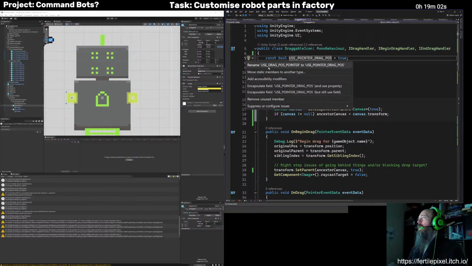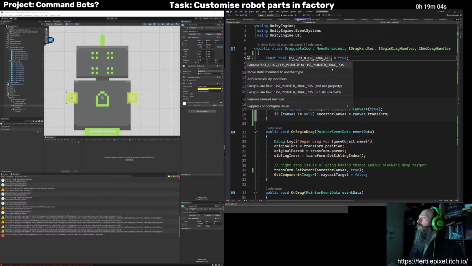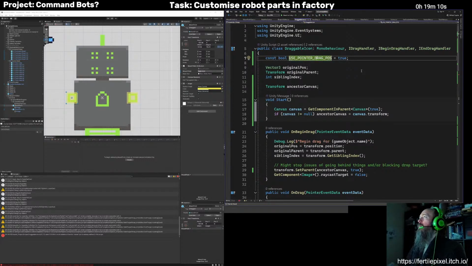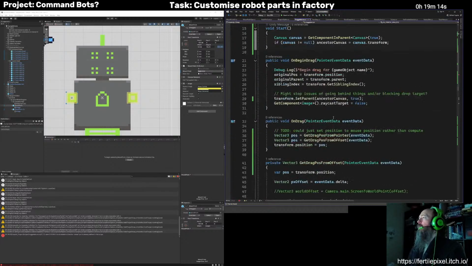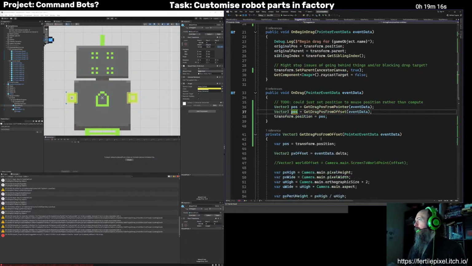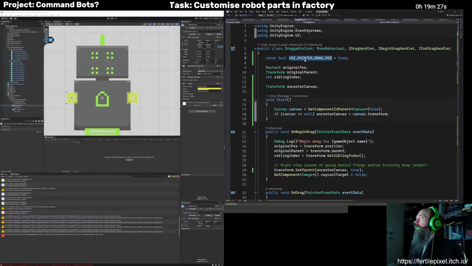What's the idea here? Okay, and then pos equals... Oops. What is going on there?